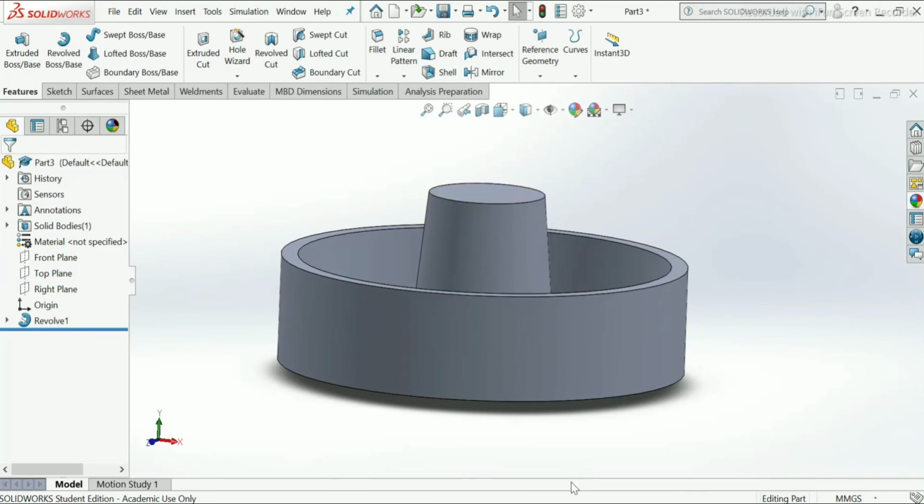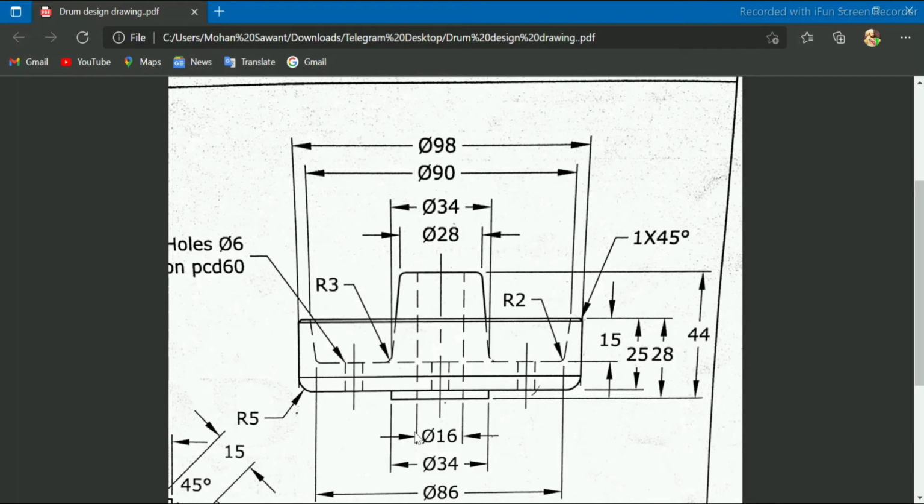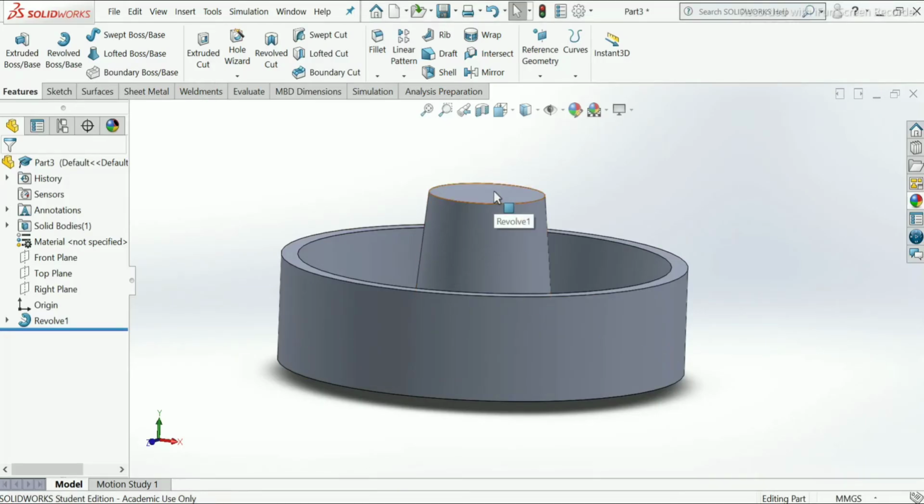Now here one hole is there of 16 mm diameter from the center line of this drawing, from the center line of the axis of geometry. So I will make it from here.